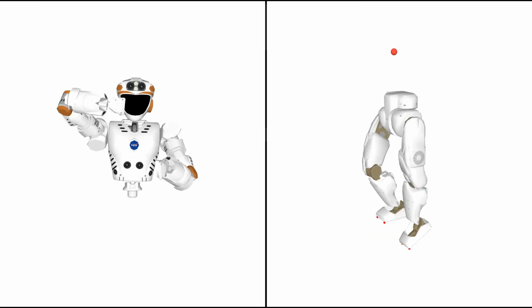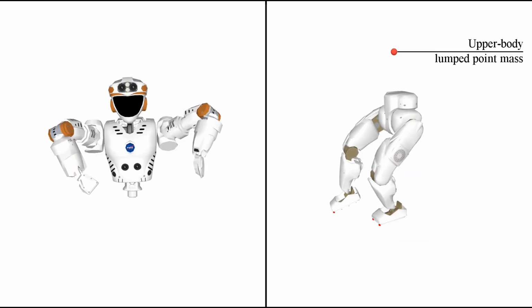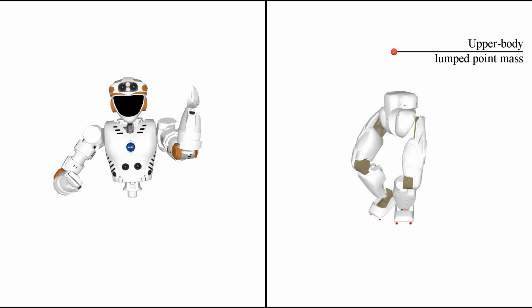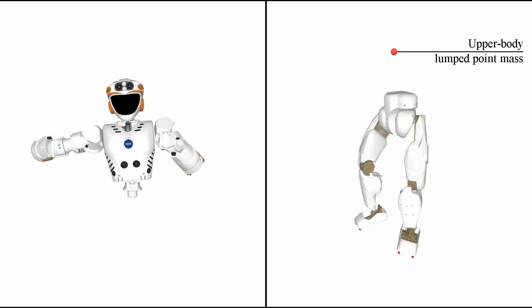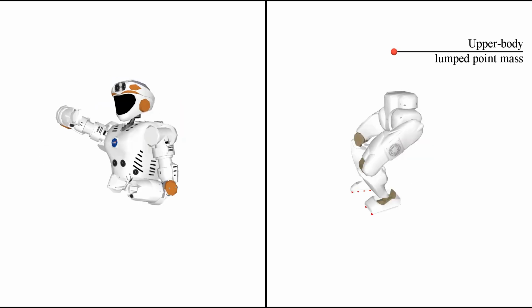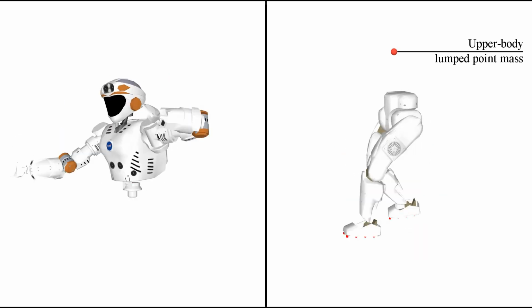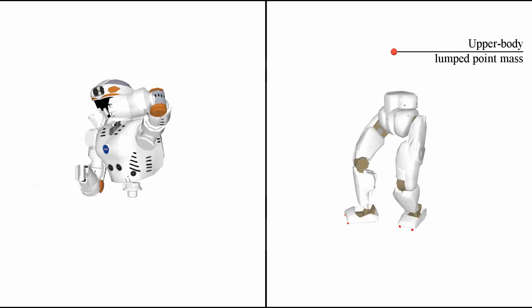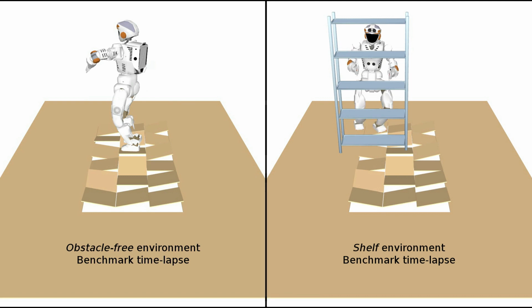During offline sampling, we approximate the upper body center of mass position by adding a lumped point mass to the model of the lower body. This allows us to estimate the robustness of the static equilibrium of a lower body configuration ahead of online recombination. Using the robustness measure as a rejection criterion during sampling enables us to exclude unbalanced leg configurations, increasing the quality